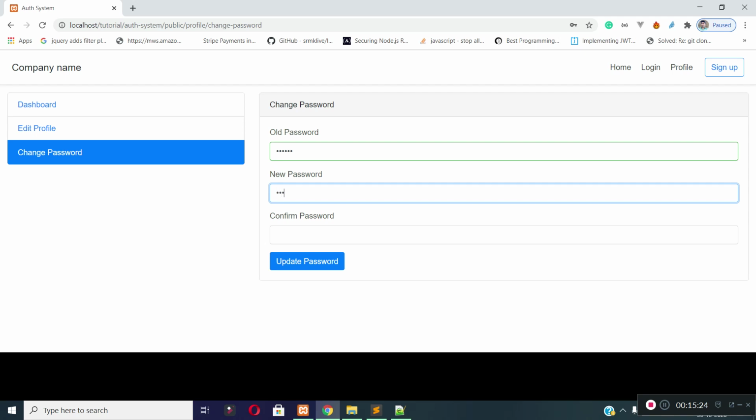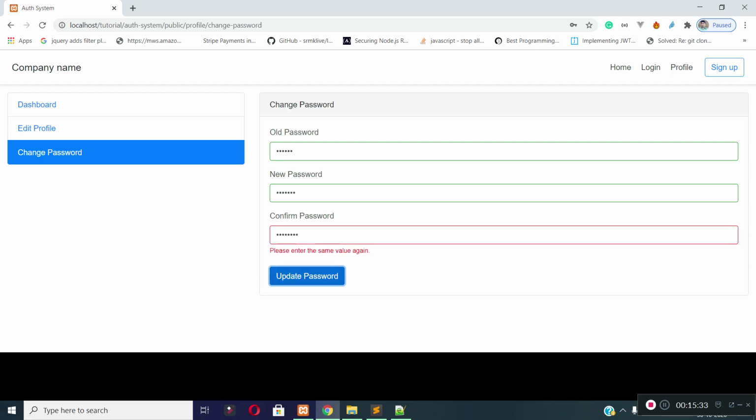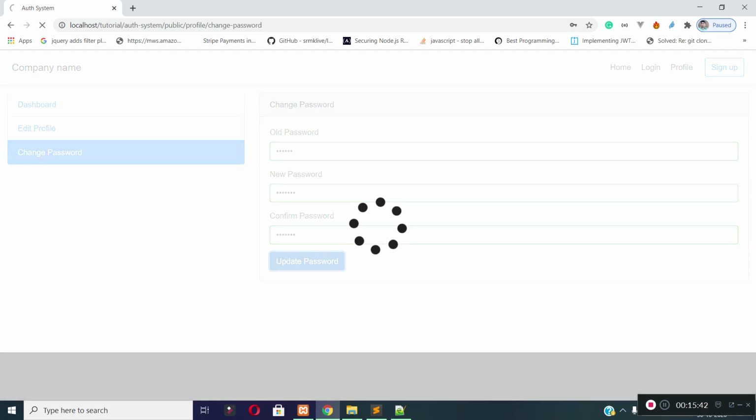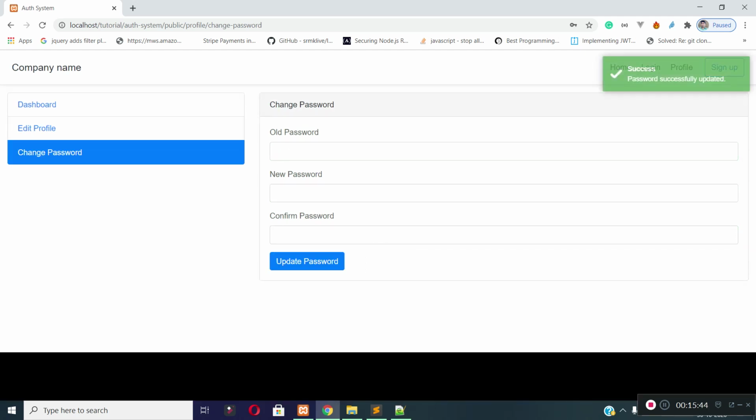Let's provide new password 12345678, and a different confirm password to check whether our confirm password validation is working or not. Yes, confirm password validation is also working. Now 12345678. You can see password successfully updated.